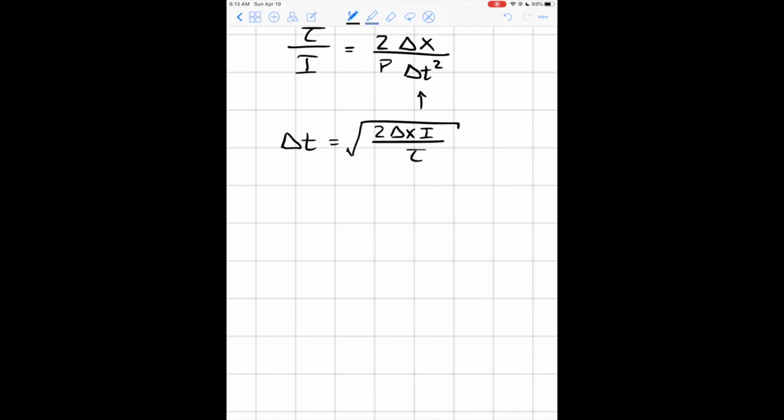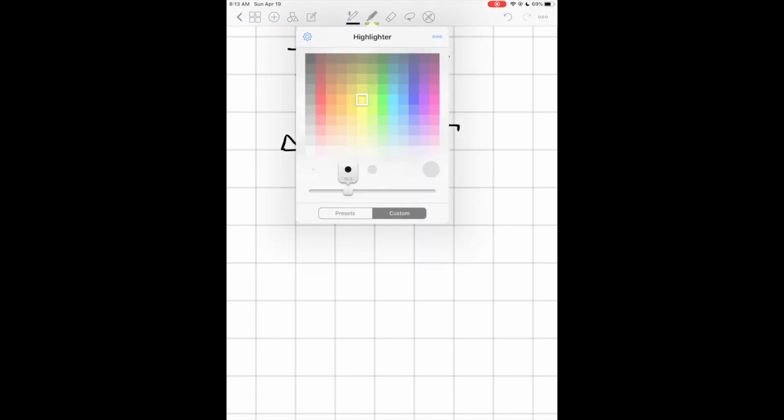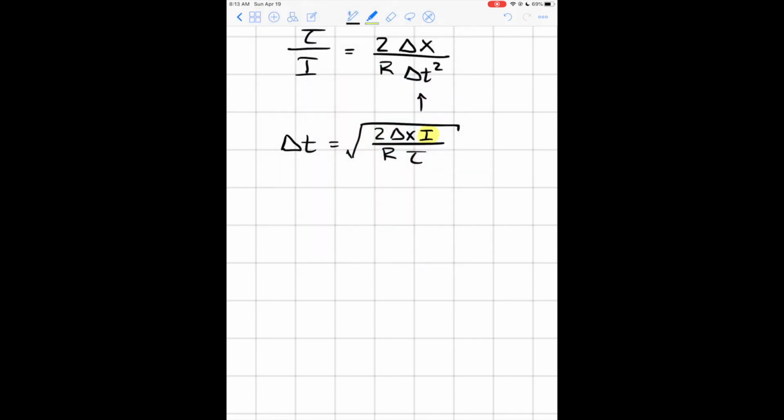These really should be r's because they're the total radius of each shape. They have everything the same here except for I. I is the only thing that's different here. So delta t, the time it takes to roll down this ramp,